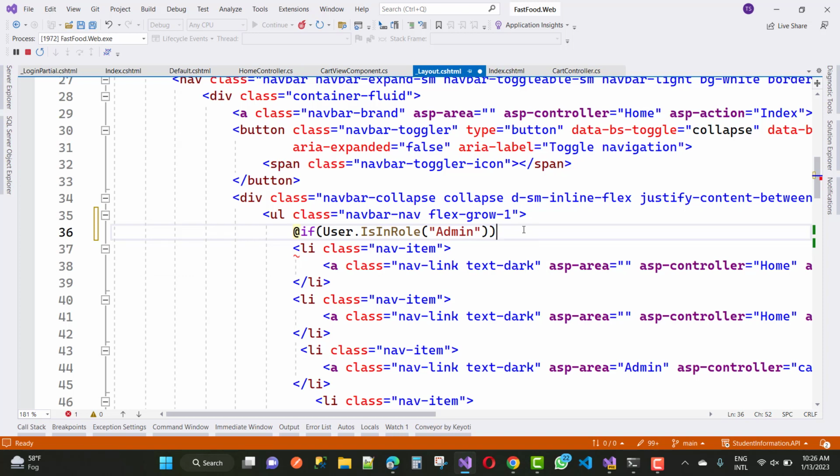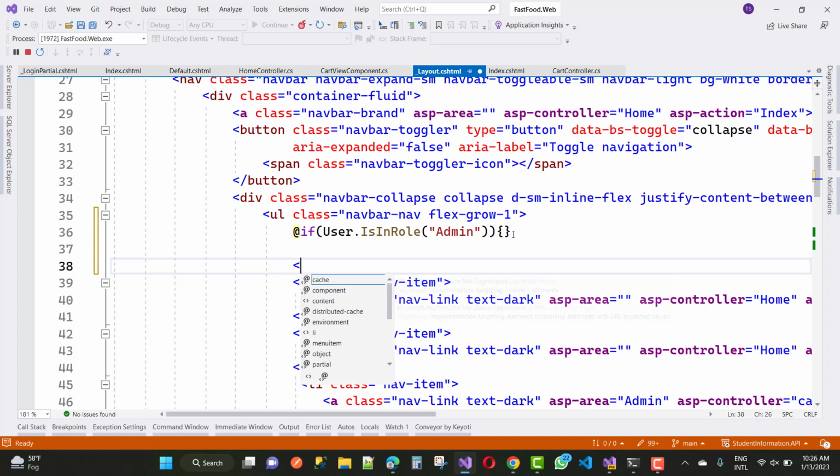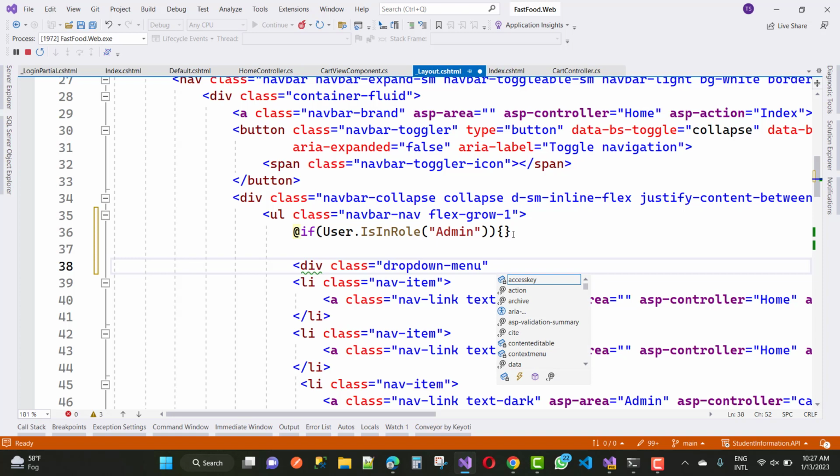If the user is in the role admin, the admin can use it. So first of all, create a logic that is User.IsInRole admin, that the admin can use. And also, right here you can use a div control with the class dropdown menu. So you can design it first of all, and later on I will discuss this topic. So, div class dropdown menu and aria-